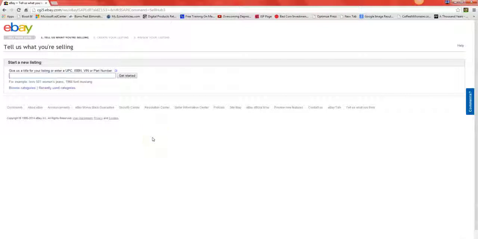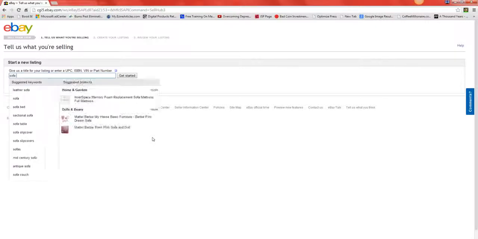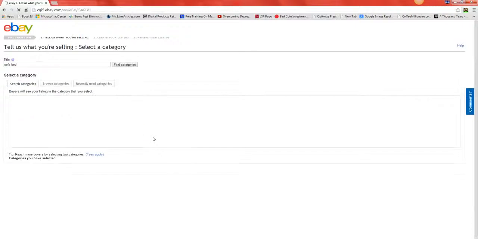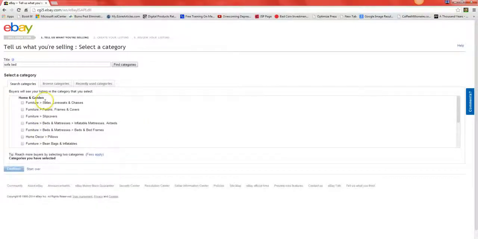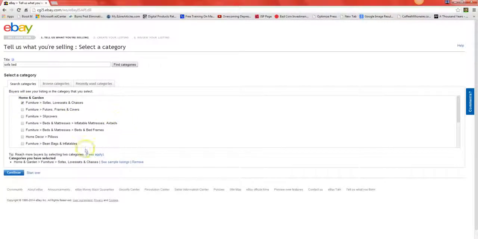and here you just type in, if you have a UPC code you can put it here. Like if you're selling your own item, you can find the UPC code if you still have the box. But if you don't, you can just enter a keyword that best describes your item. For me, I'll put in sofa bed because this is the test listing I'm gonna put up. Then it will give you a bunch of categories to put your item in. Usually the first one is the best one, so click on that, hit continue,